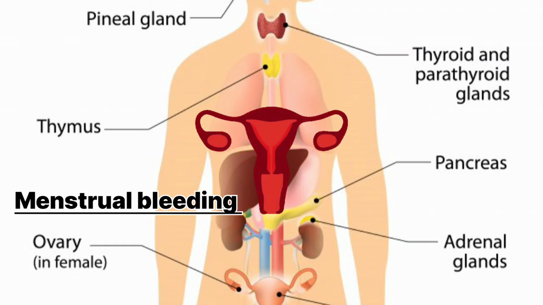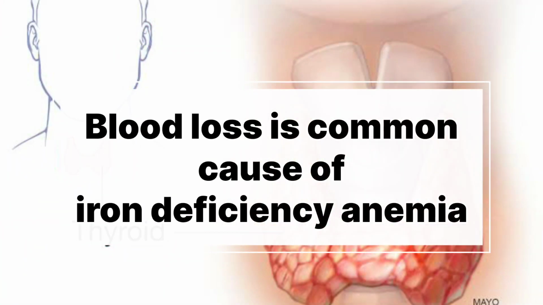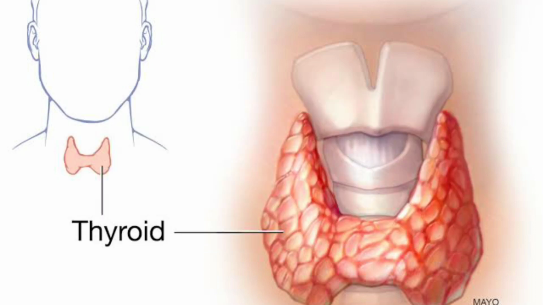Blood loss is the most common cause of anemia, especially iron deficiency anemia. Blood loss can be short term or persistent over time. Heavy menstrual periods or bleeding in the digestive or urinary tract can cause blood loss. Surgery, trauma or cancer can also cause blood loss. If a lot of blood is lost, the body may lose enough red blood cells and that causes anemia. So these were the symptoms of hypothyroidism, guys.